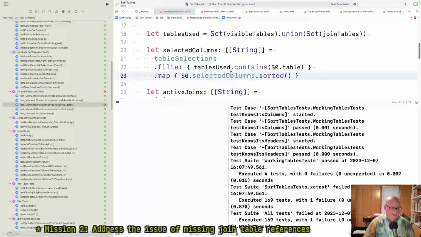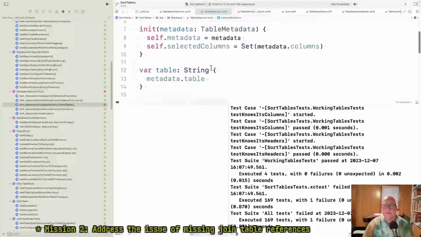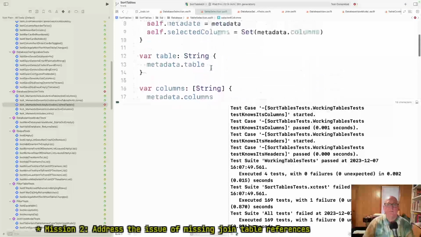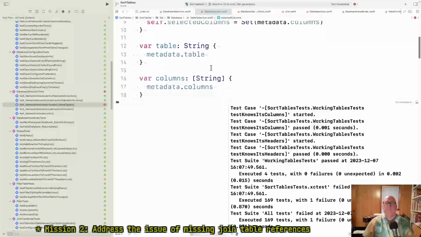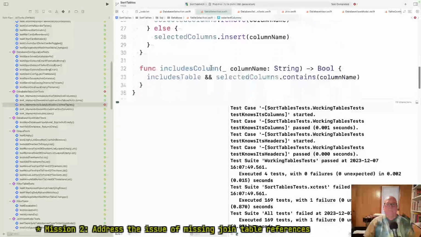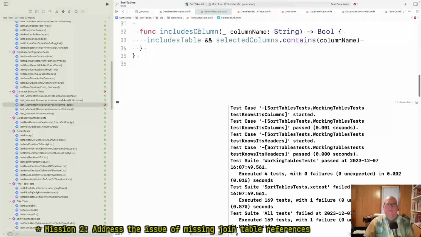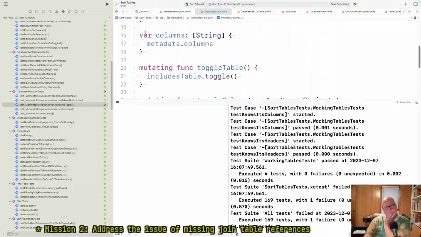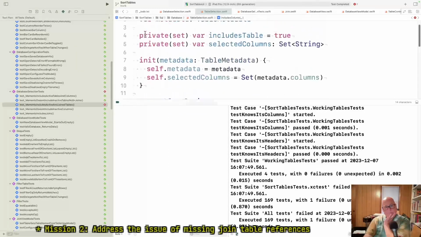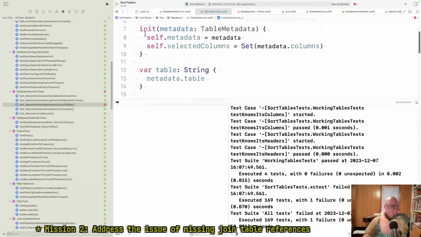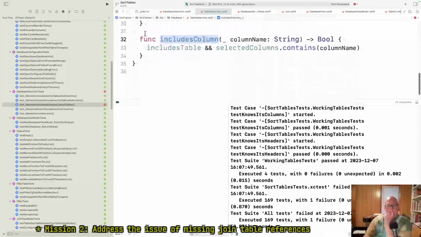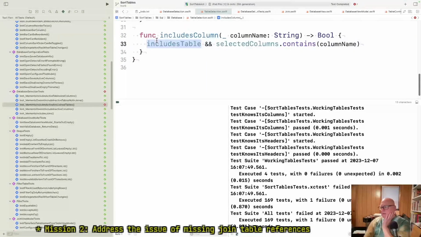So selected columns contains, includes column. Should not be dependent on the joins. Yeah, because they should be not visible, but